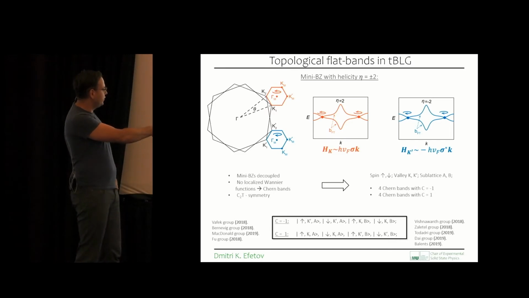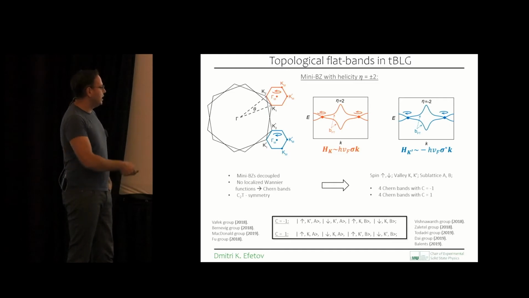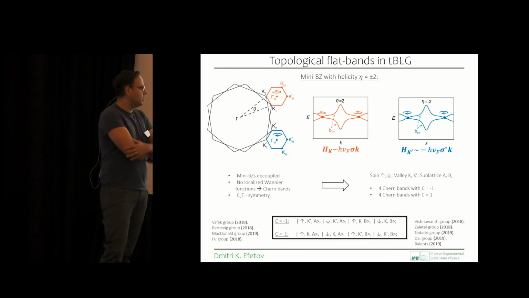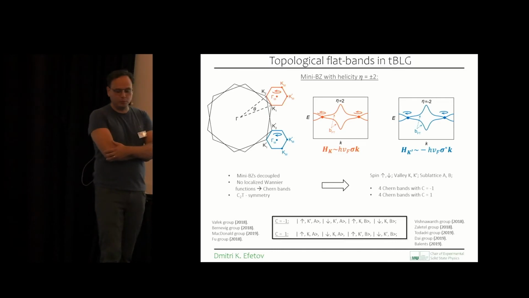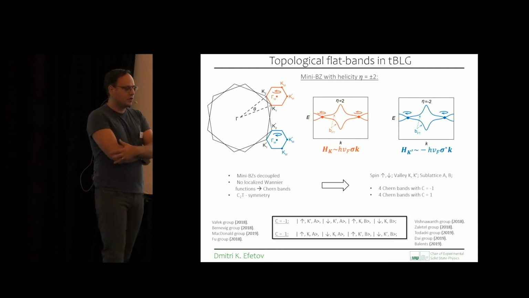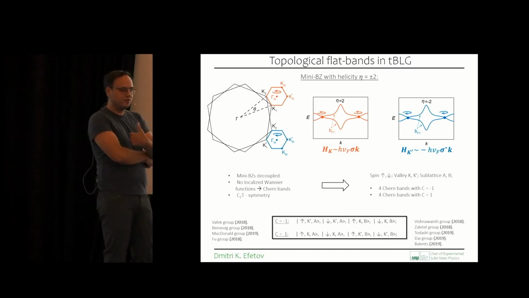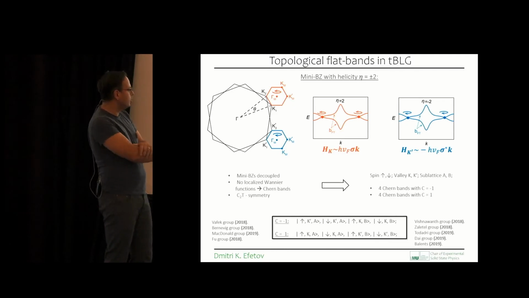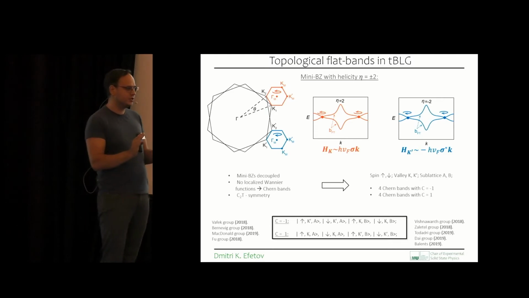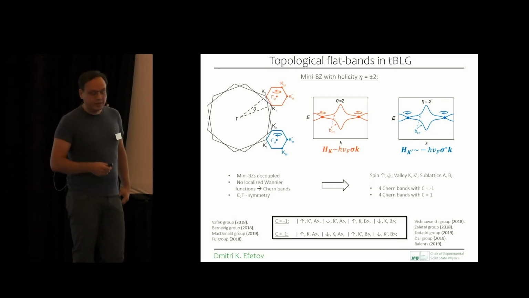So theorists have obtained these 8 basis states, which have quantum numbers spin, valley, and sublattice. And 4 of these ground states have Chern numbers of 1, and 4 have Chern numbers of -1. So in principle, under normal circumstances, without any interactions breaking the symmetries here, all those 8 states are perfectly degenerate. And the total Chern number, if you count it up, is exactly 0, so you should not see anything. But luckily, there are ways that you can break those symmetries.